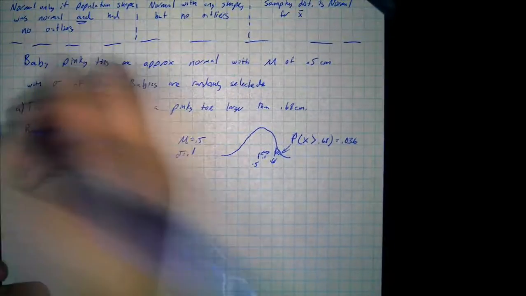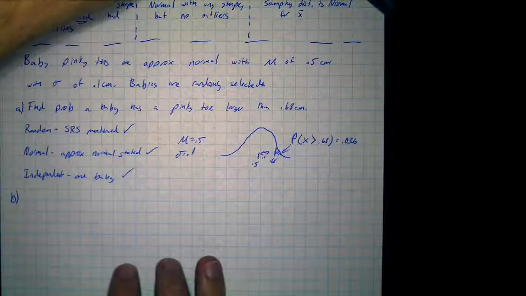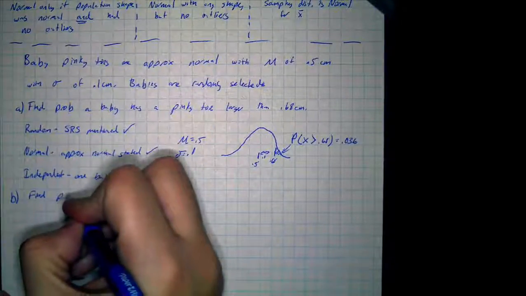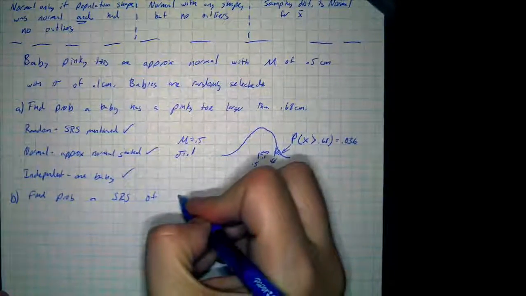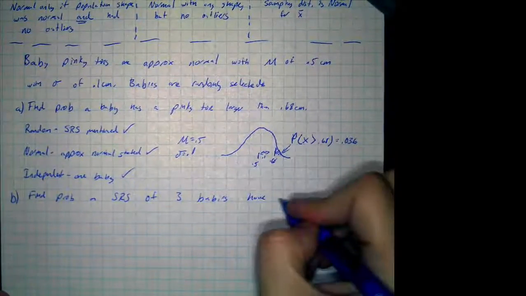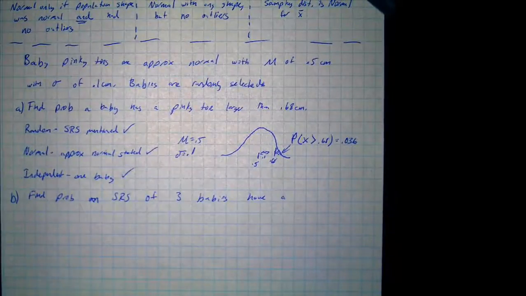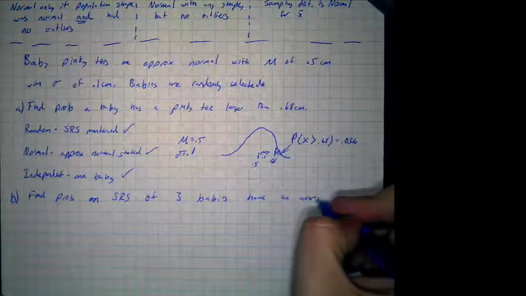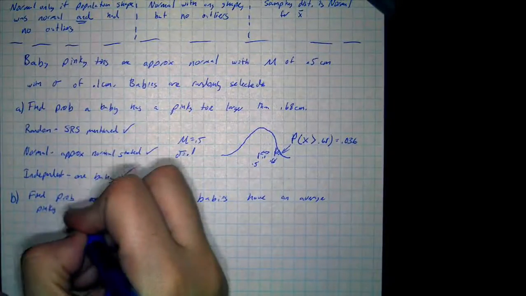So let's call this A. Let's do B. That's example A. Okay, let's find the probability. An SRS of 3 babies, and we're just gonna put and have an average pinky toe